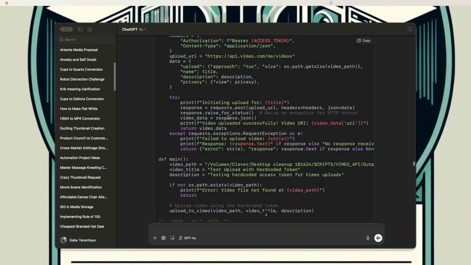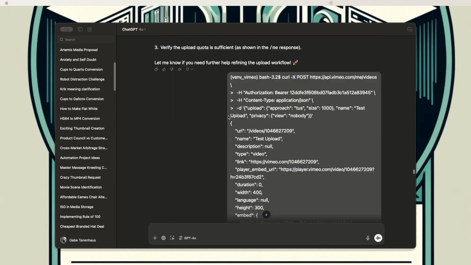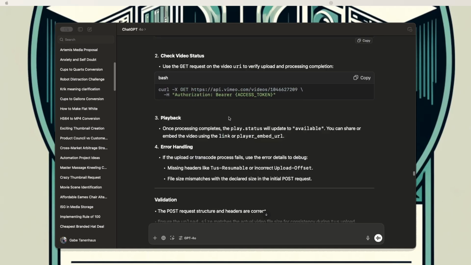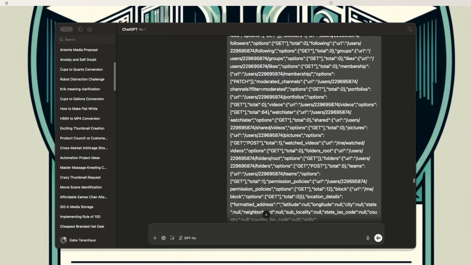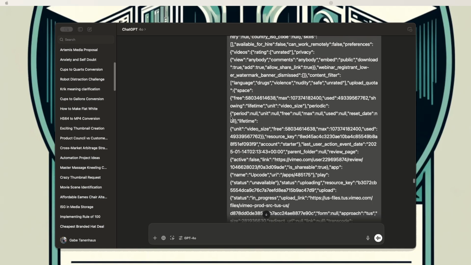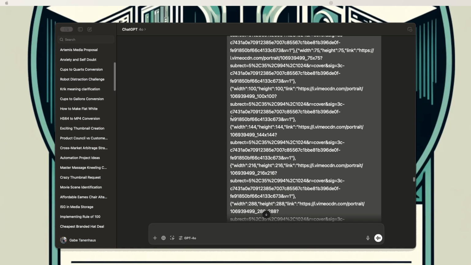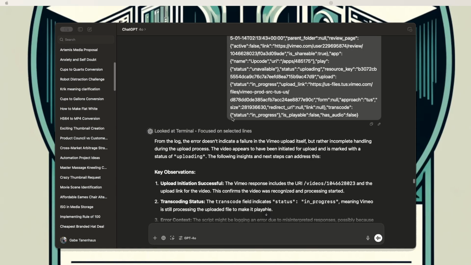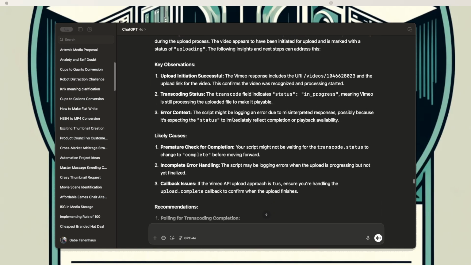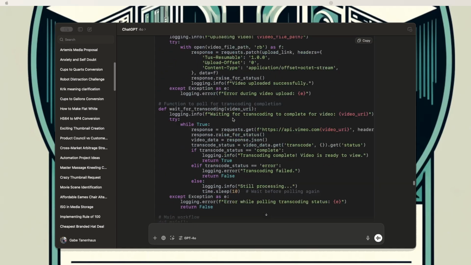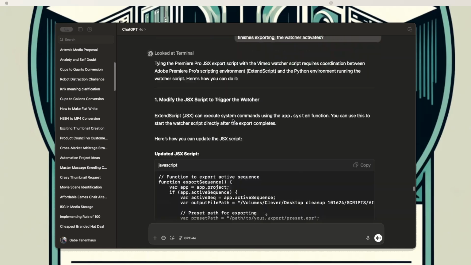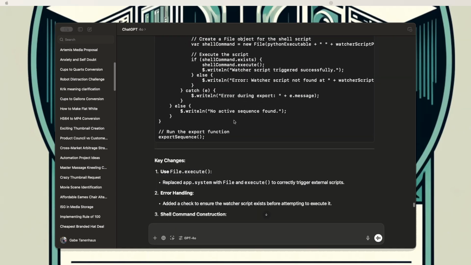And there's no real secret to doing this stuff with AI. You just gotta be patient. There's a lot of back and forth. Here's me posting a bunch of weird outputs from terminal and asking GPT to interpret it for me, and it did. And so we just kept going and kept going.